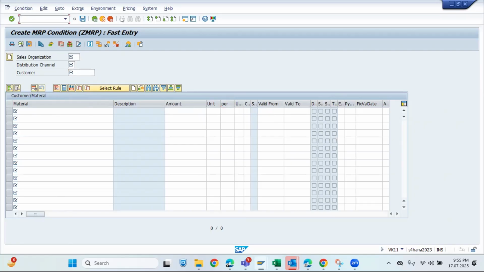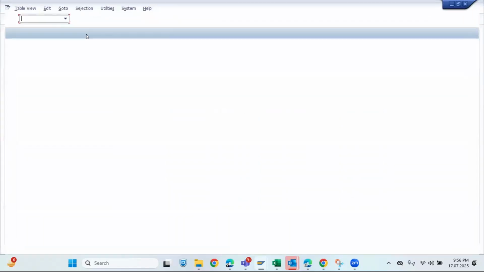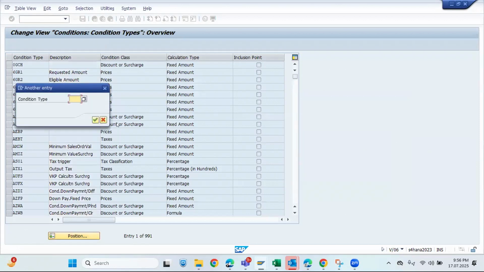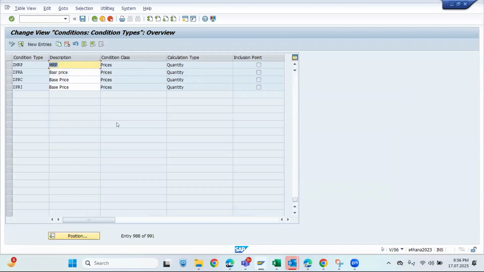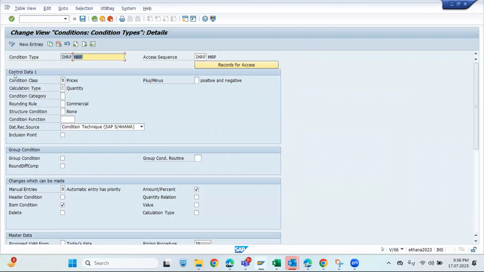So what is the transaction code of condition type? Can anyone tell? V/06. So the ZMRP, which is already created. Here you can see the condition type. Just double click on this. Here we can see